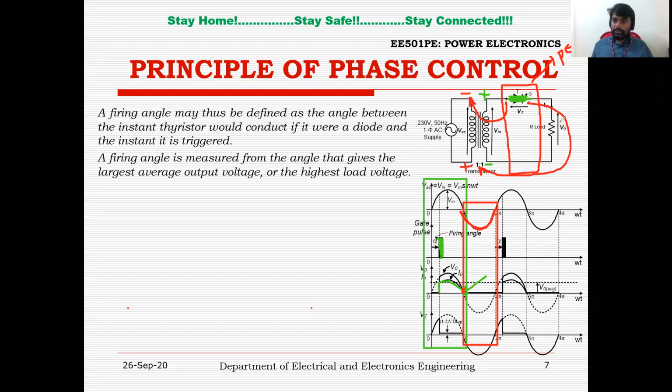If it is in the off state, you won't get any current flowing to the load, which is the same as the thyristor current. Due to that zero current, you will get zero voltage, because output voltage equals output current multiplied by the resistance. So you cannot see any voltage and current during pi to 2 pi. But even though you are not getting any voltage across the load and current to the load, you can see some voltage across the thyristor, because if you apply KVL, the applied voltage should be equal to the drop across this one plus the drop across this one. So the applied voltage is a negative voltage, which will be impressed across the thyristor. So the thyristor has negative voltage across it.